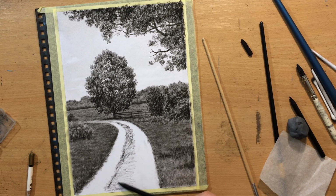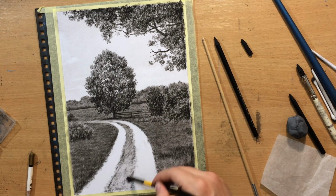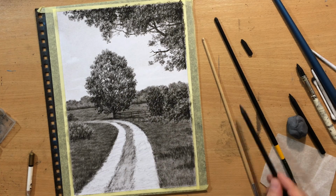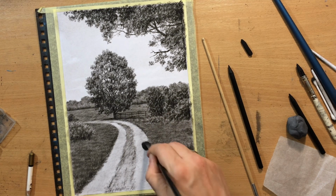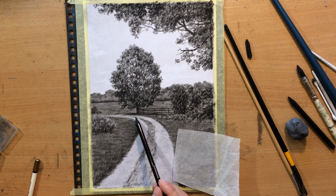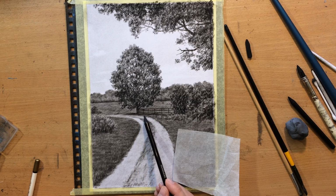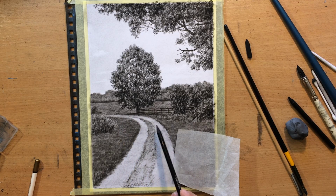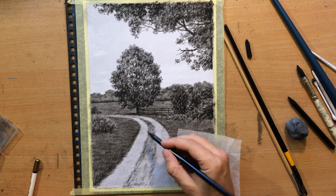First I'm going to lay down a little bit of value and texture just by dragging my pencil like this, shading gently, then doing a little bit of blending, and then adding a little bit of random texture and value to the path itself, and a little bit of blending. And then I'm going to refine the edges of the grass on both sides of the path and on this thin grassy strip in the middle. I'm going to draw some grass on it first by dragging my pencil, and then by making short marks,